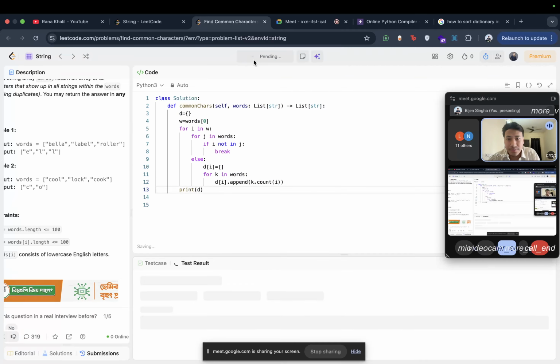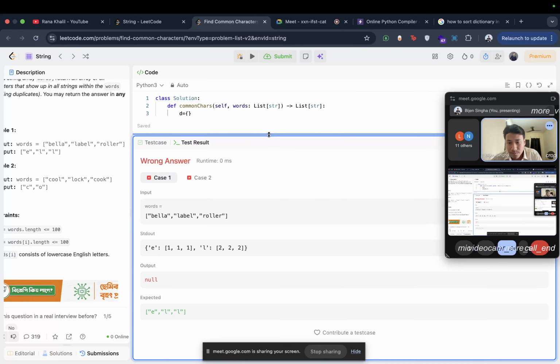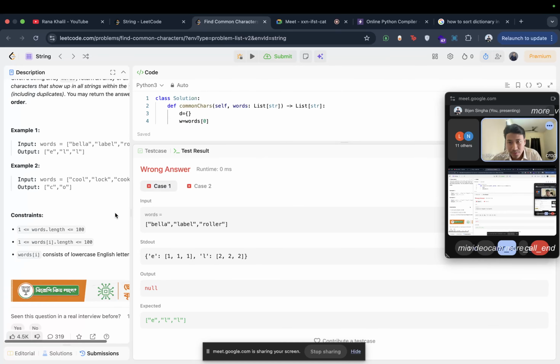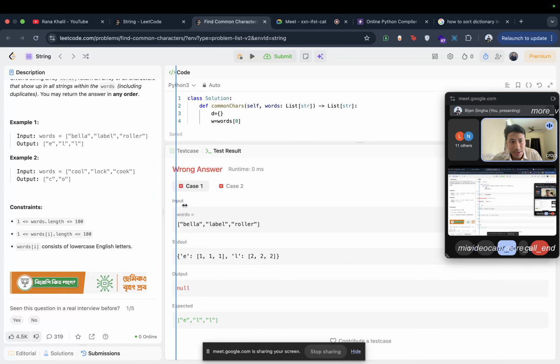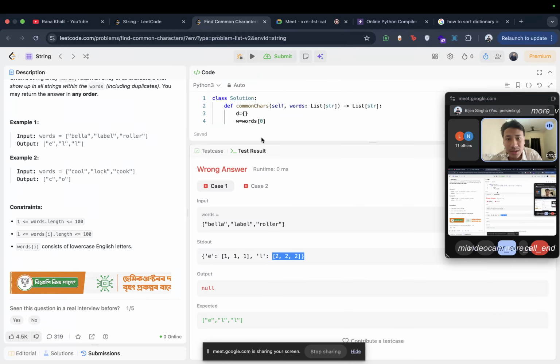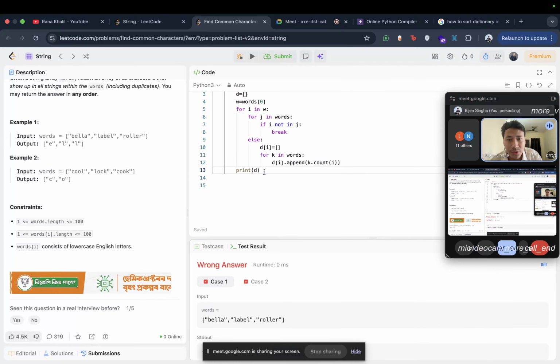let's check it out. Okay, are you understanding this? E is what? E is there in all, so 111. L is there what? In all. Okay, now I can find it easily. So what I have to do,